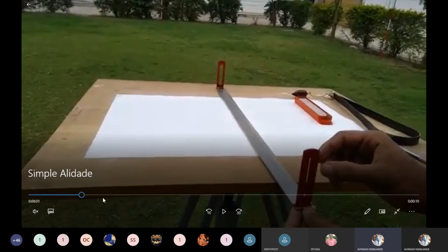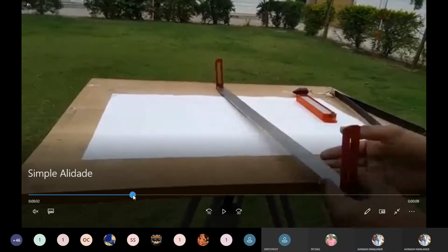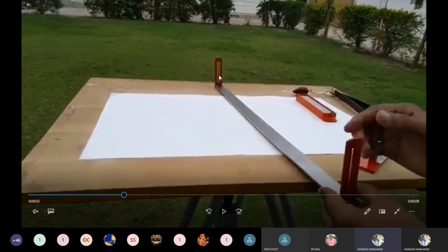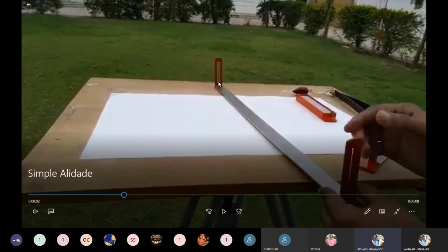And the next slit, here we can see, this is the next slit. In front of this eye slit, that is the object slit. Remember that that is the object slit. It contains a horsehair. I'm not sure that everyone can see that. If you can pinch that video, you will observe that there is a vertical hair in that slit. That is a horsehair.